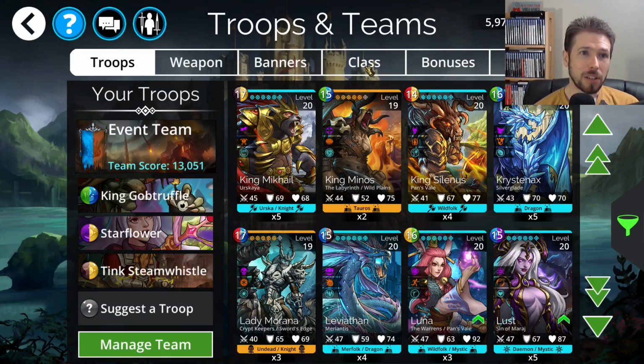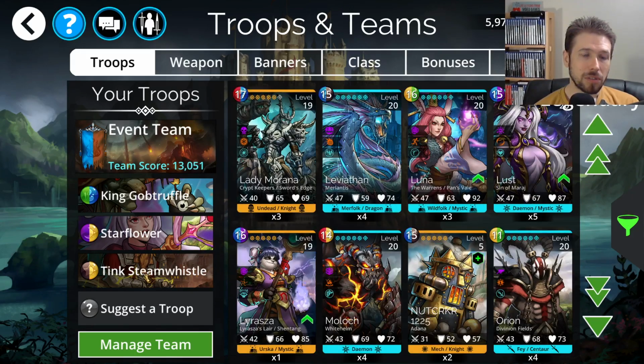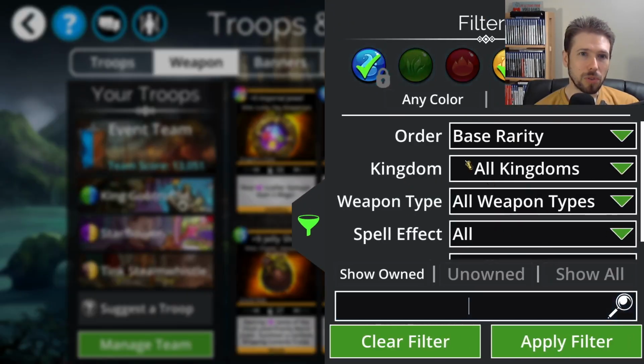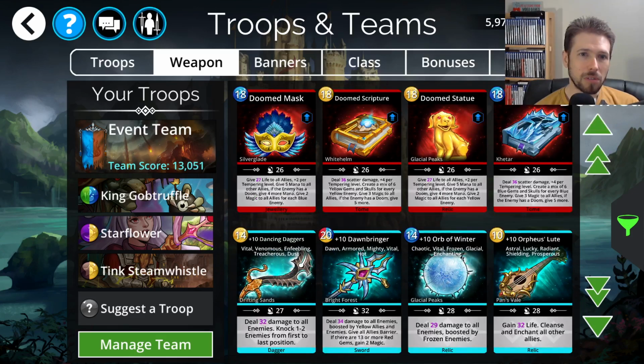So maybe I'll keep that in there, and then we'll go with a class, and I think Electro Storm is yellow and blue, and the thing with weapons here is we're restricted to those yellow and blue, so it doesn't have to be exactly those two, but I'm thinking...